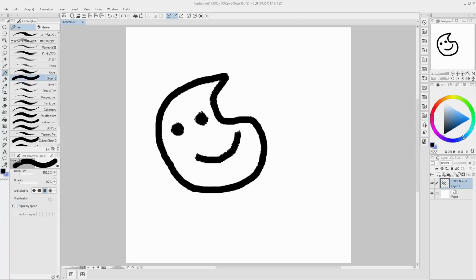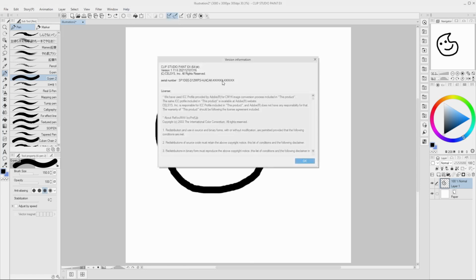So as you saw right there, they showed us in the official trailer that liquifying is possible, but they didn't show you how to get there. So to save you 5 minutes of searching through the software itself, I'll show you right away. But fair warning, you do need Clip Studio